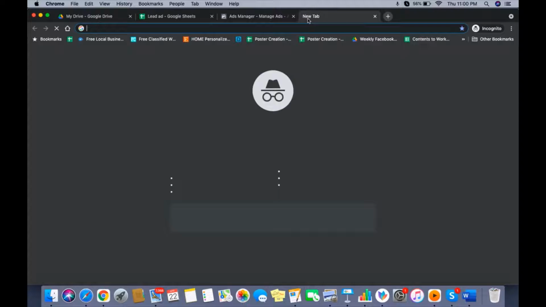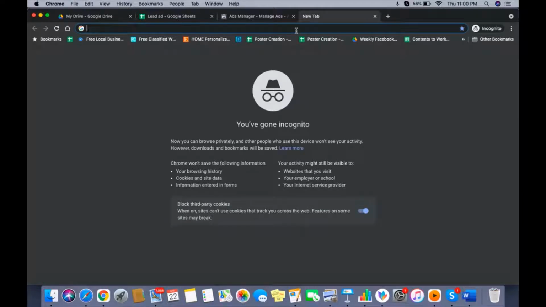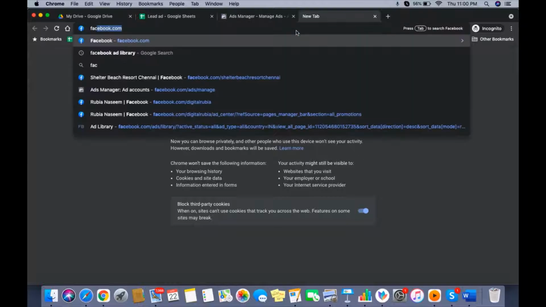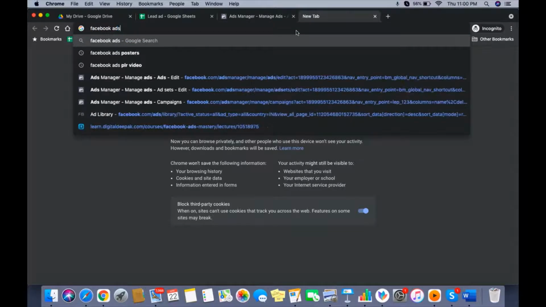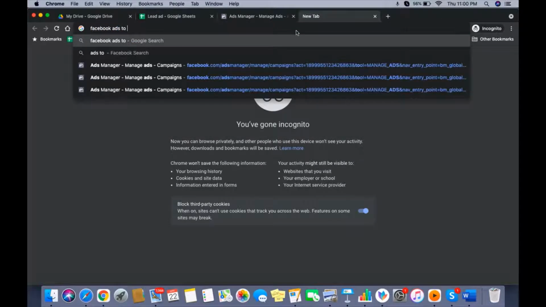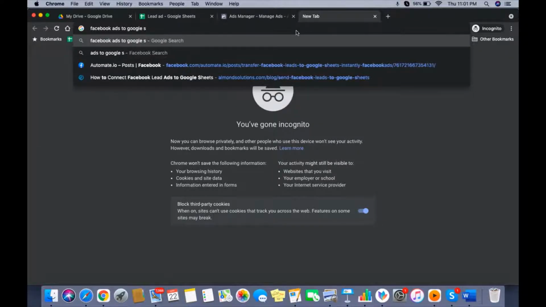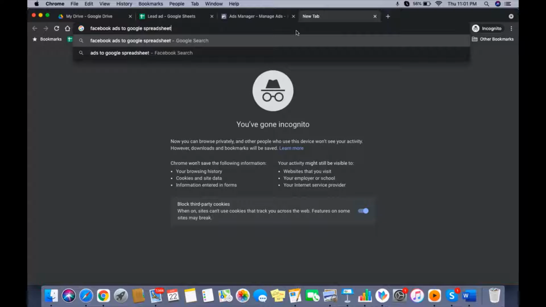We are directly going to the tool called Facebook Ads to Google Spreadsheet. We are using Google Spreadsheet. So, Facebook Ads to Google Spreadsheet, Zapier.